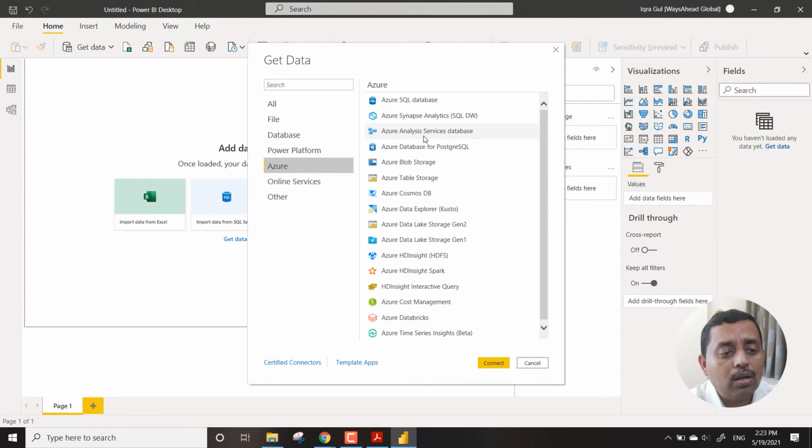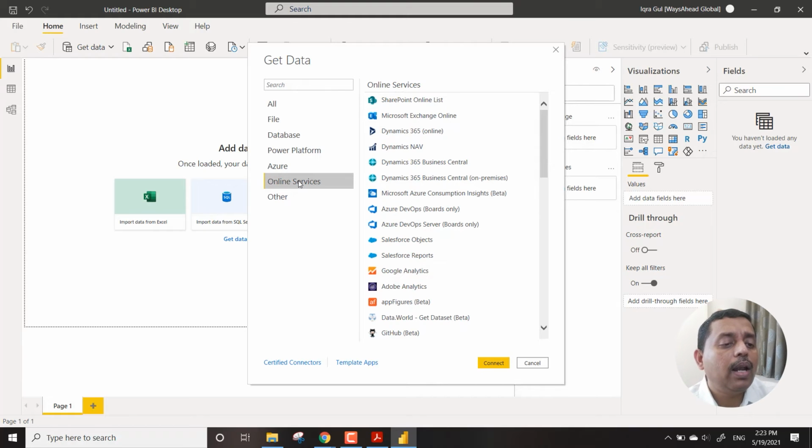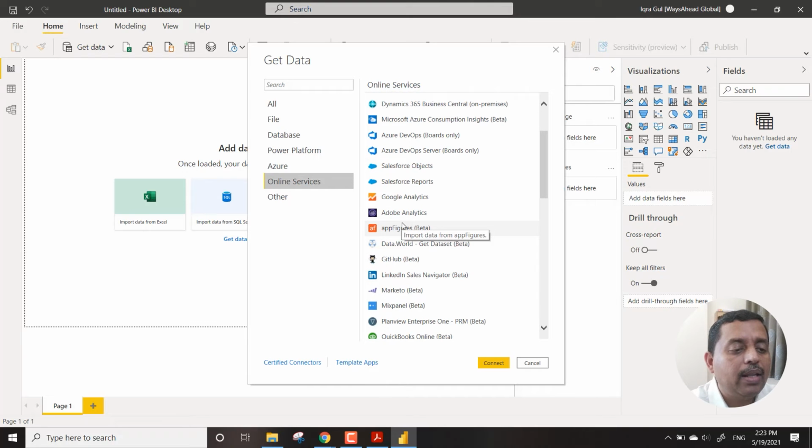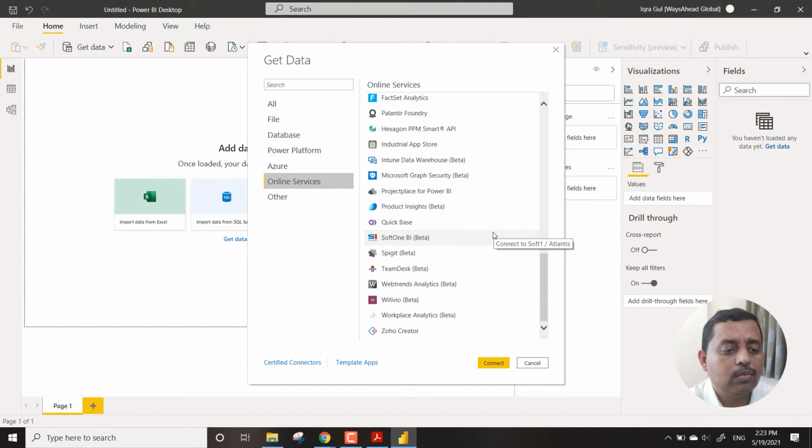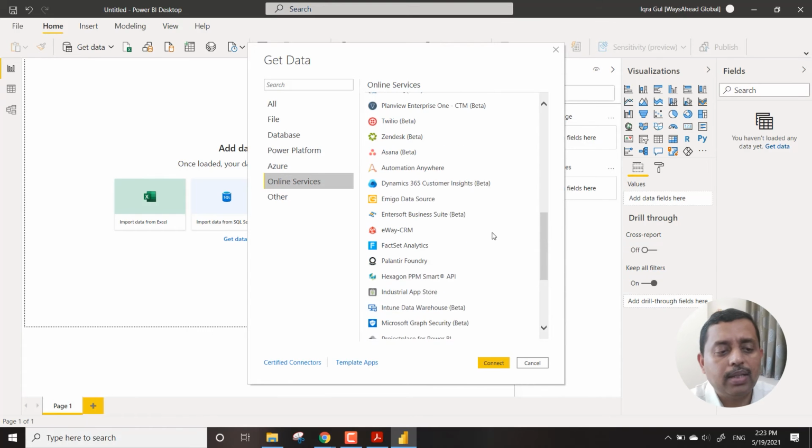Then we have Azure. All these Azure-related data sets and storages can be connected using Power BI. We do have other online services also. If you have a SharePoint list, that can also be connected. If you have Exchange Online, that can also be connected to Power BI. And then you have Google Analytics, GitHub, Marketo, Zillow, Twilio, Zoho, QuickBase, and other things.